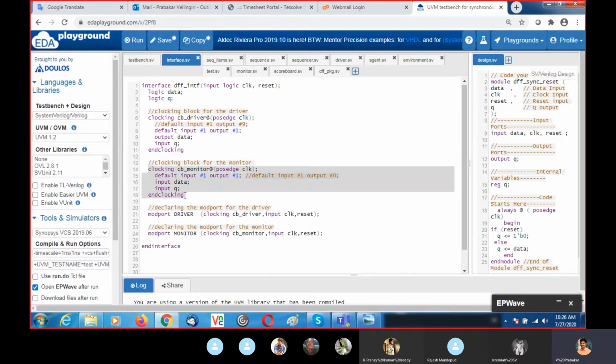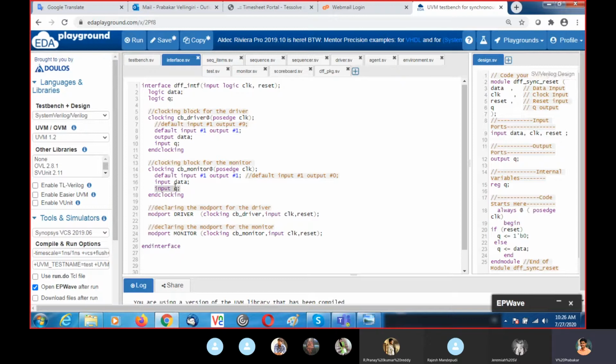I write another clocking block for the monitor. For the monitor, both data and Q are inputs only. The monitor will only capture the values from driver to DUT and DUT to driver; everything is captured.